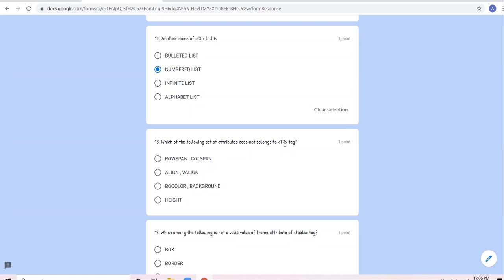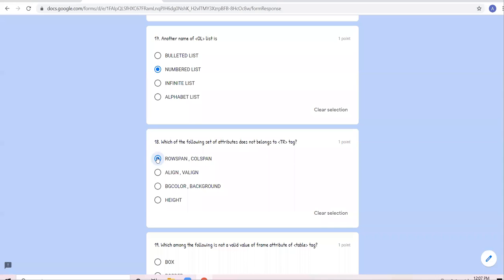First of all, recall the attributes of TR in your mind. BG color, background, height, align, V align. Row span, col span are only and only the attributes of TD and TH. So A option.